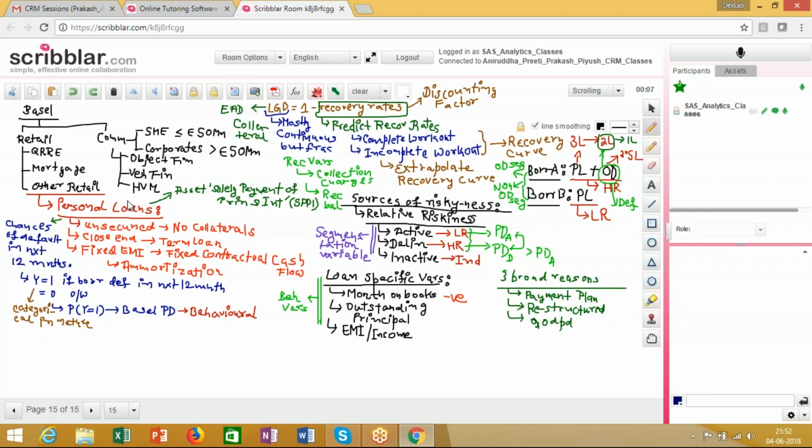And given that we pay a fixed EMI, it's a fixed contractual cash flow, and the loan is amortized over a period of time. Personal loans fall under that branch of assets which has a fixed contractual cash flow, which is classified as SPPI under IFRS 9. When we come to IFRS 9, we will be talking about this in more detail,